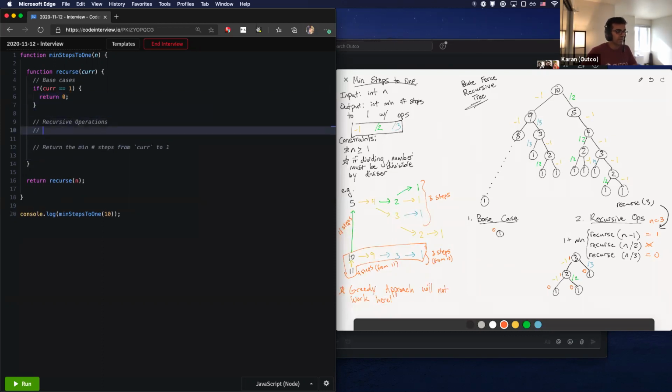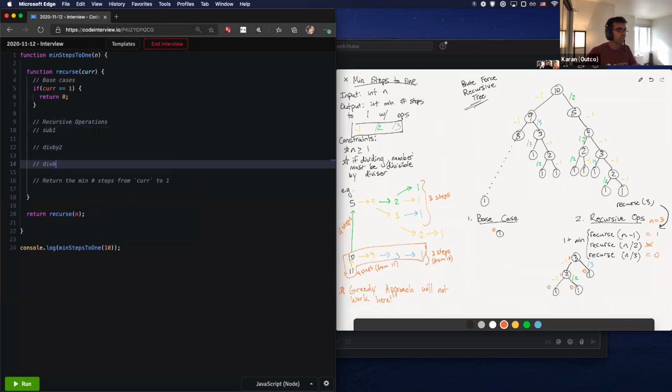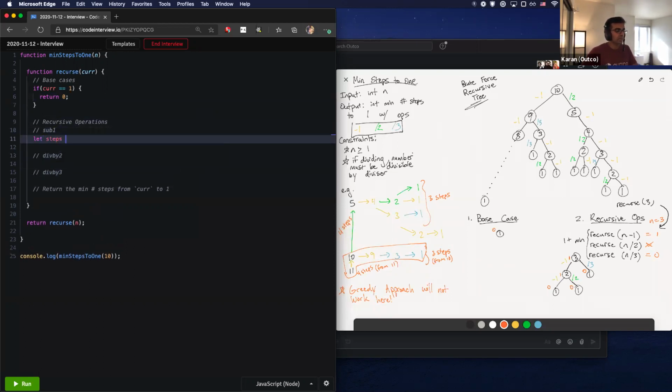And we have 3 operations that we could take. We can either subtract 1, divide by 2 or divide by 3. Okay, so I'm going to go ahead and make my first function call, which is going to be